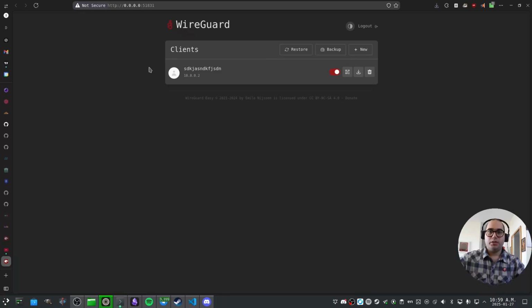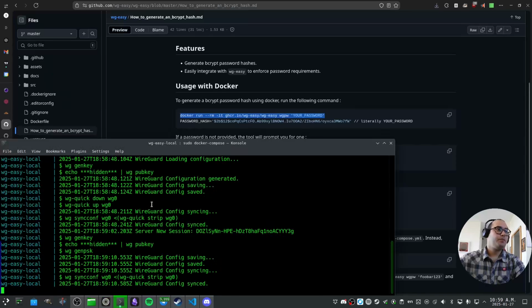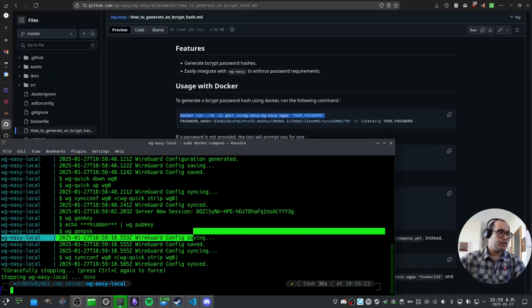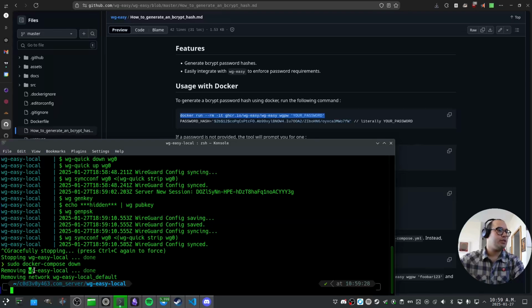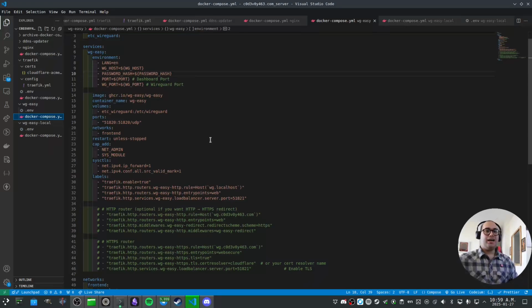So this is how you do it without Traefik. And now let's take a look. After I stop it, I also always do docker compose down to make sure that if any network was created, it gets removed. Also, you see that it's removing the network default. Anyway, so if you have set up Traefik, which I've already explained in the previous episode, episode 1, which